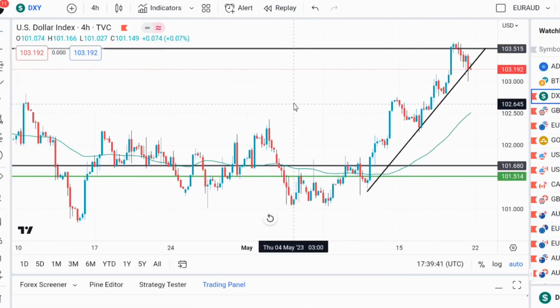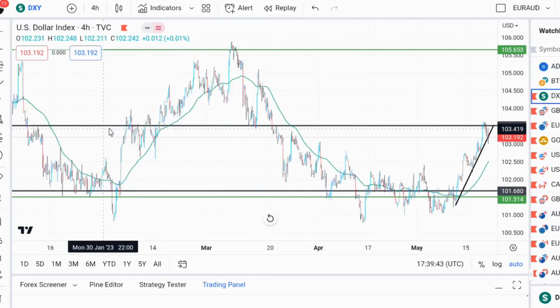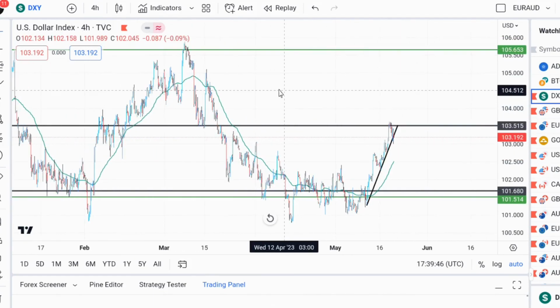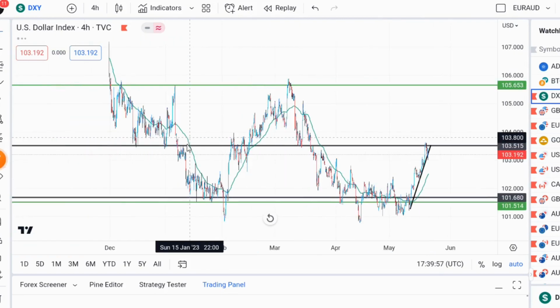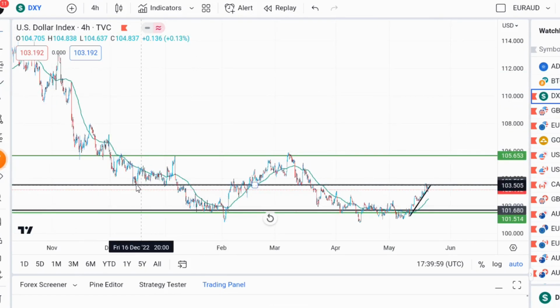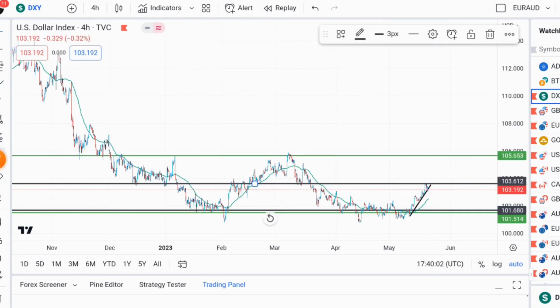And then we saw the US dollar bounce back from this particular temporary resistance level. As you can see, we have a resistance level at that particular area, a major zone, and then we have a pullback in the US dollar at that area. So this week we might see a continuation to the downside in the DXY.